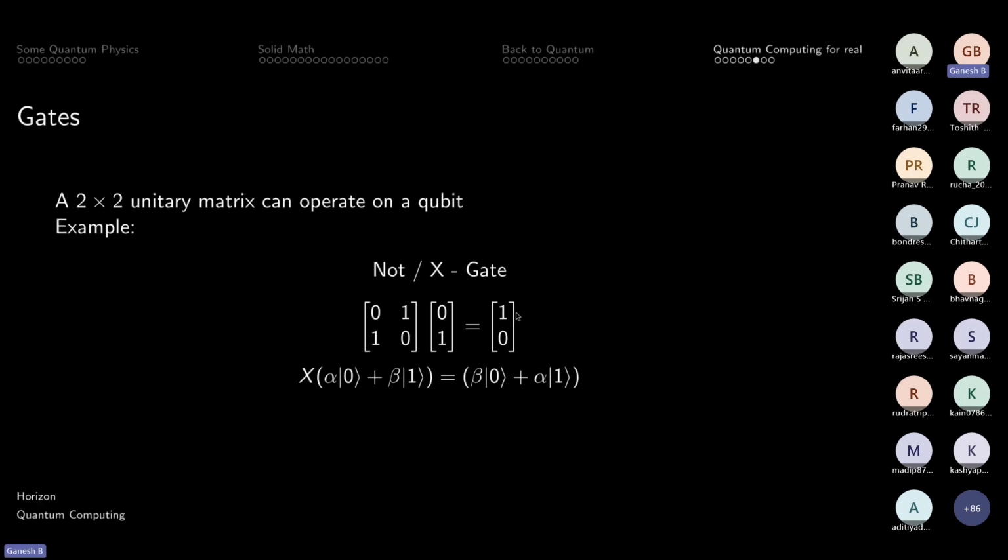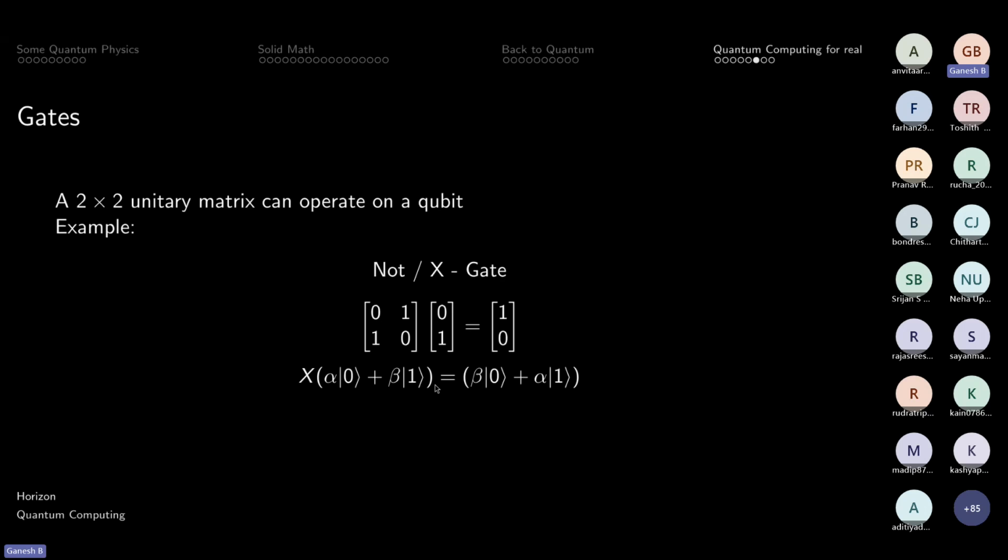and if you operate it on any qubit, so 0 1 is possible. This is actually a 1, the negative Z spin. If you operate on that, you get a positive spin. So X of alpha 0 plus beta 1 is equal to beta times 0 plus alpha times 1. So we kind of swap it. It's exactly the NOT gate. The alpha and beta here are some numbers, but alpha square plus beta square has to be 1 because the values can be between 0 and 1. They cannot go beyond them. So alphas and betas have that constraint.